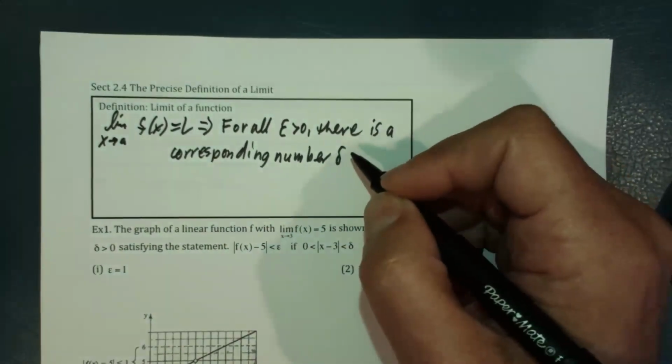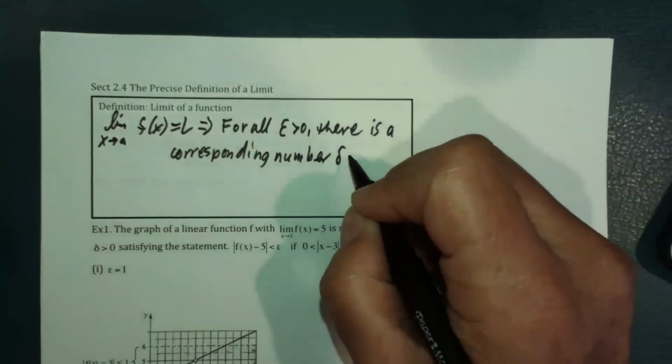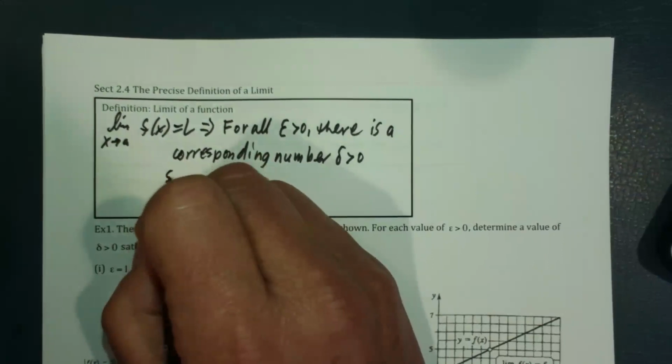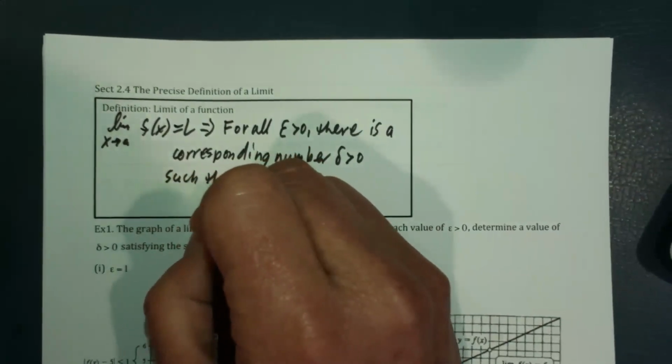This is where we get a lowercase d from, which is also going to be positive,